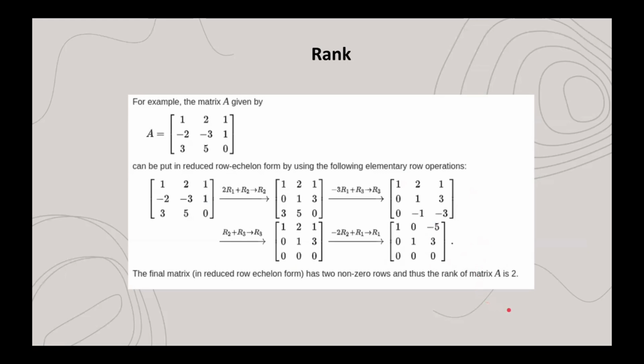But what does this mean? It tells us that the original set of rows or columns in our matrix spans a 2-dimensional subspace of the 3-dimensional space. In other words, only 2 of the rows or columns contain unique or non-redundant information. To further verify, we can check if the columns are linearly independent. The rank of the column space will also be the same because rank is a fundamental property of the matrix.